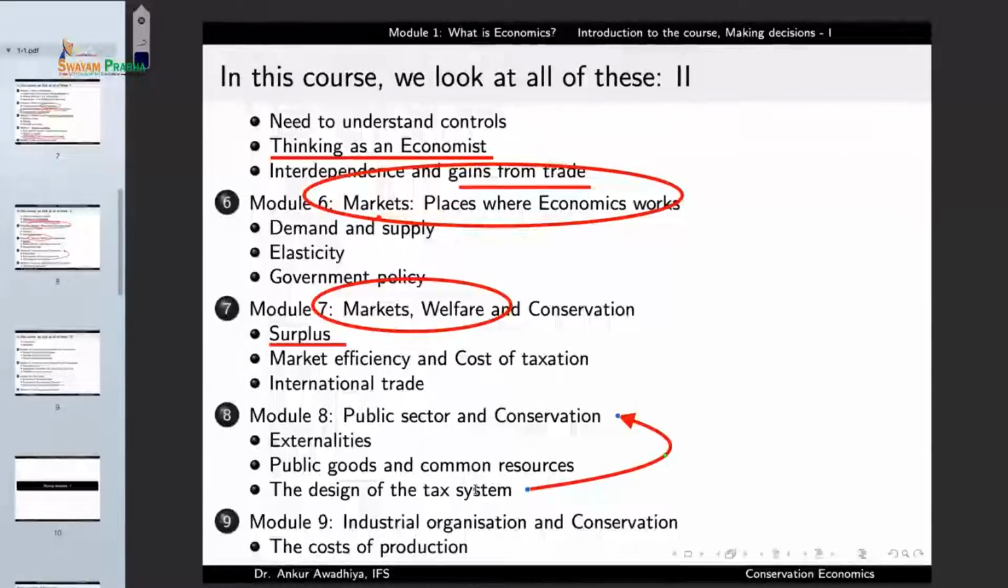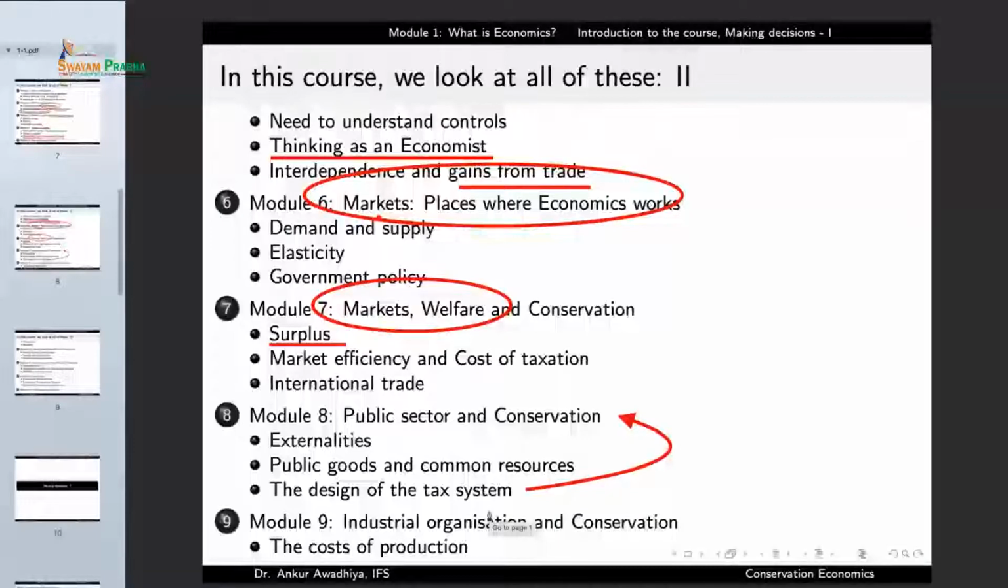In the ninth module, we shall look at industrial organization and conservation. So, a large number of bad economic decisions are made to maximize profit. They are because of cost cutting measures. Now, why do industries go for cost cutting? To understand that, we need to understand how these industries make the decision of how much to produce and at what price to produce. So, in the ninth module, we will look at the cost of production,